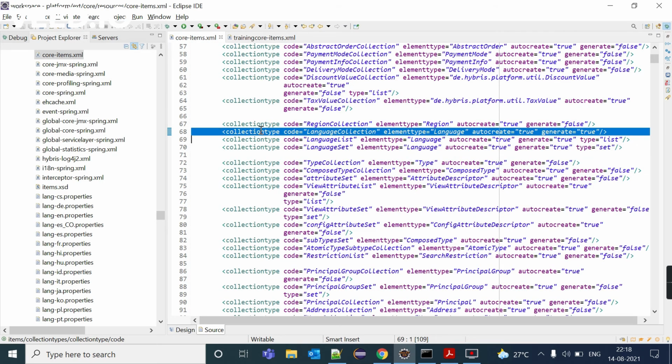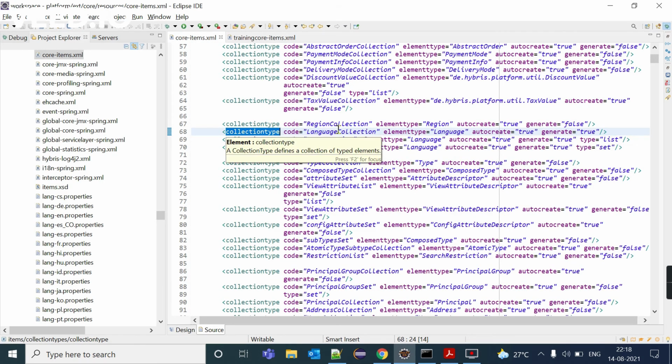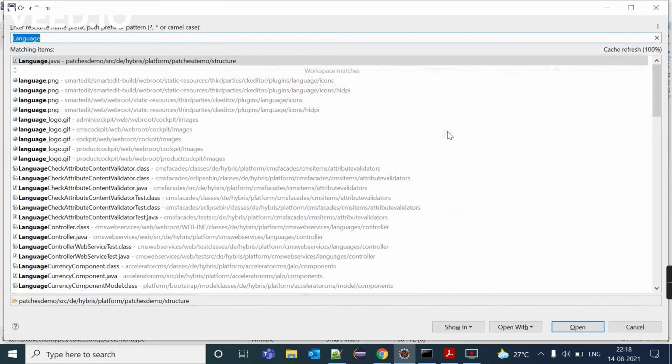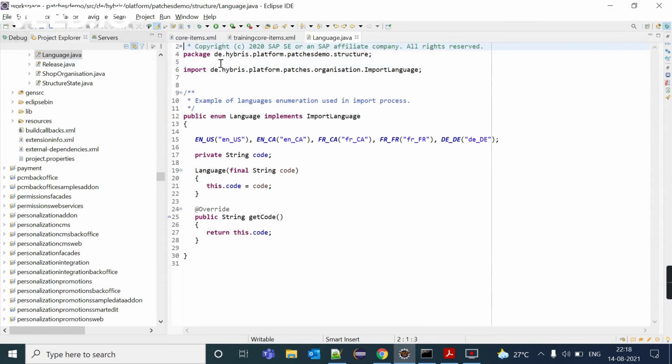Here you can see we have collection type with code language collection, element type language, and autocreate true and generate true. Element type is language, so let me open it. See, this is an enum.